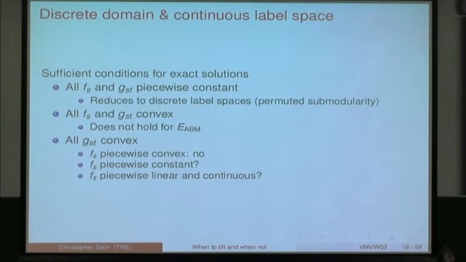There is a common recurring theme for sufficient conditions when this kind of relaxation is tight: that the pairwise interactions are convex. So one would definitely assume that this is some ingredient here as well, but I don't know yet. In the general setting, where the pairwise terms are convex but the unary terms are only piecewise convex, you can numerically construct counterexamples where the relaxation is not tight. So the question remains: are there interesting conditions, apart from everything being convex, under which you still get a tight relaxation? But this is an open and not yet solved problem.